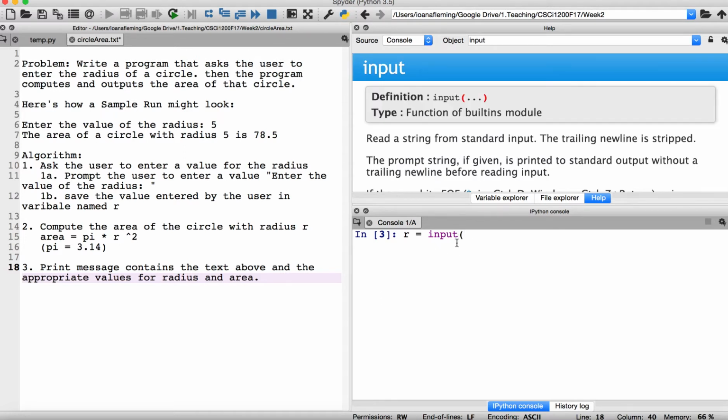and the moment I opened input and the parentheses, the IPython console brought up in the help menu how the input function works. So give it a prompt string, and our prompt string is in quotes, and we're going to say enter the value of the radius. We're going to close the string, close the parentheses for the input function, and with this we're done. Let's say we enter the value of the radius to be 5,